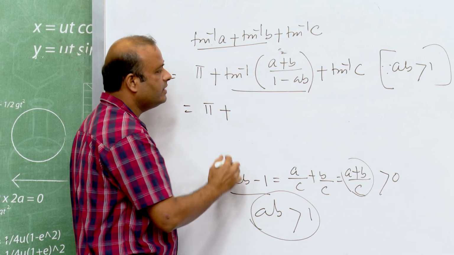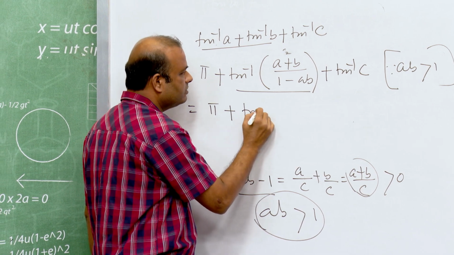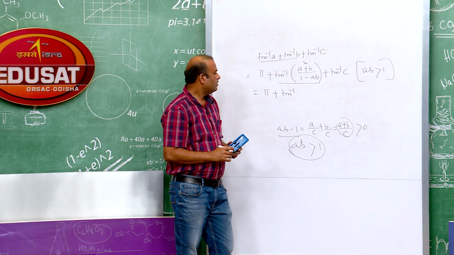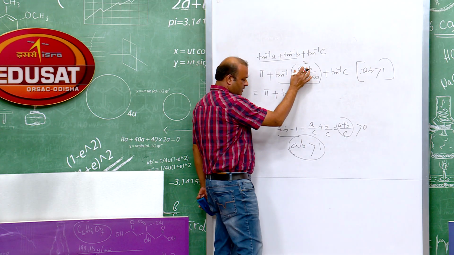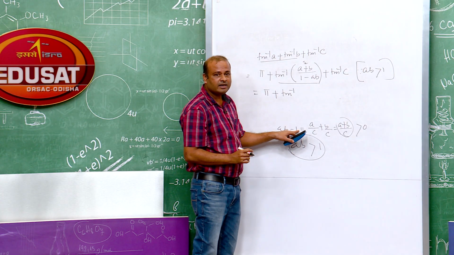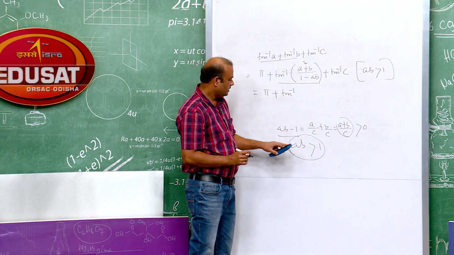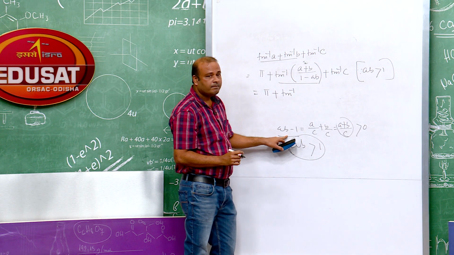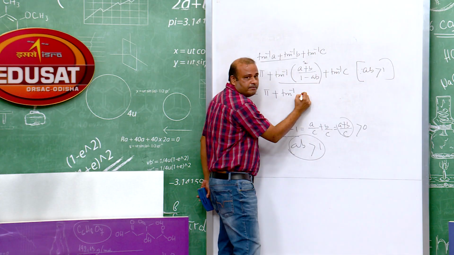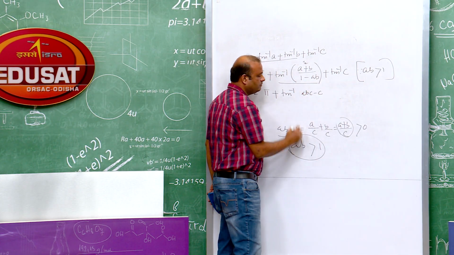So now you can use tan inverse, A plus B minus 1, A plus B, which is ABC minus C by